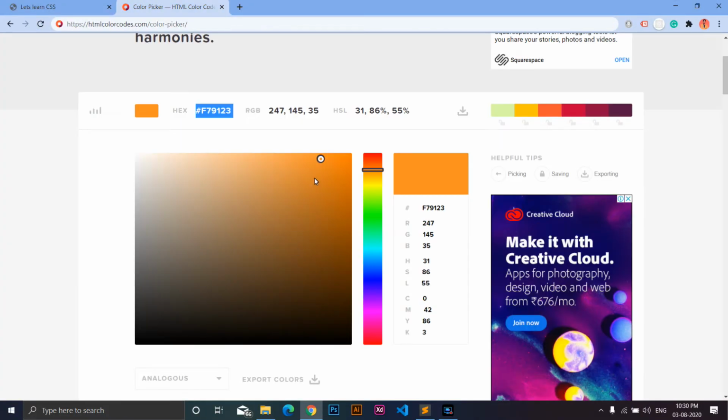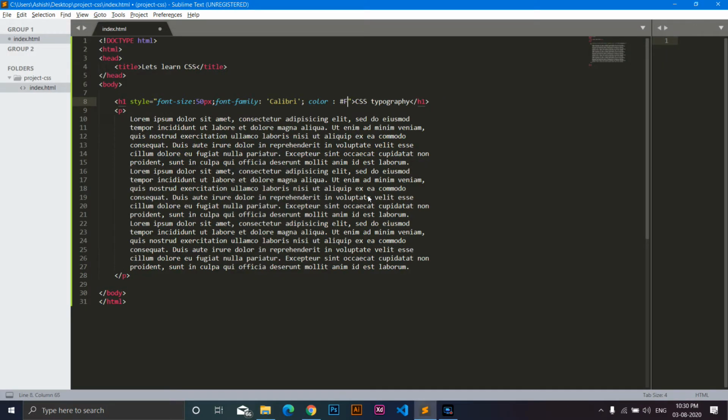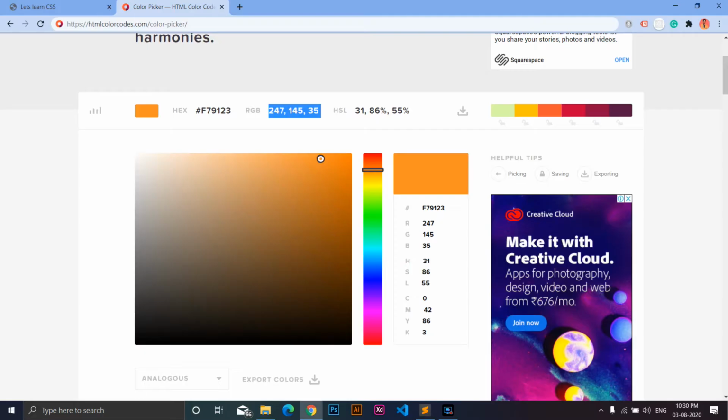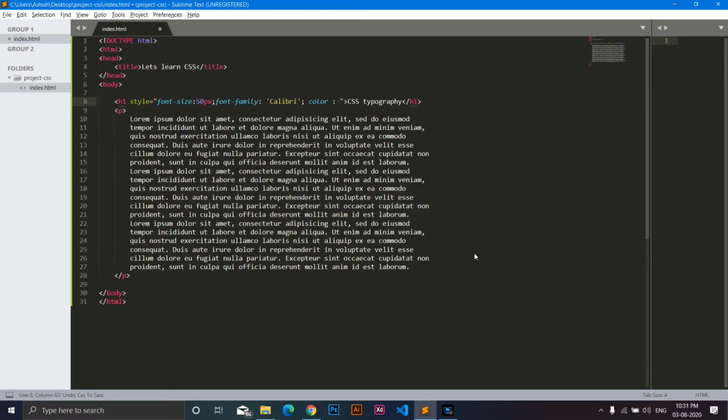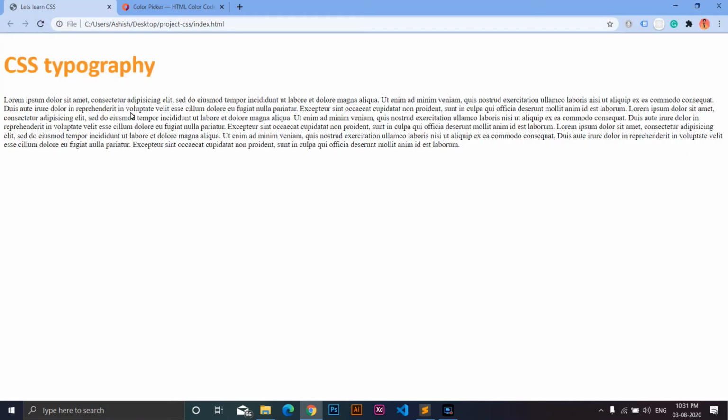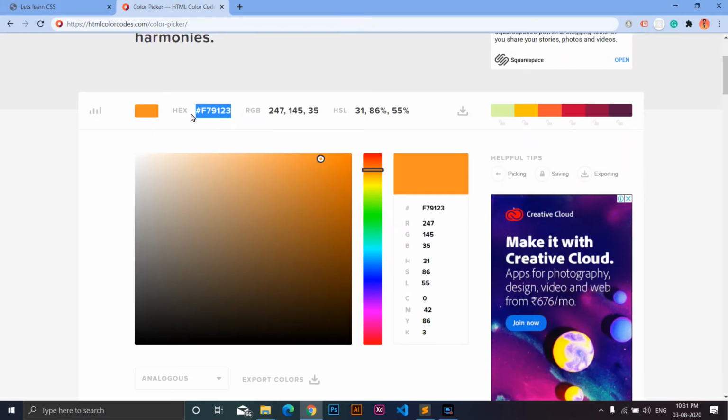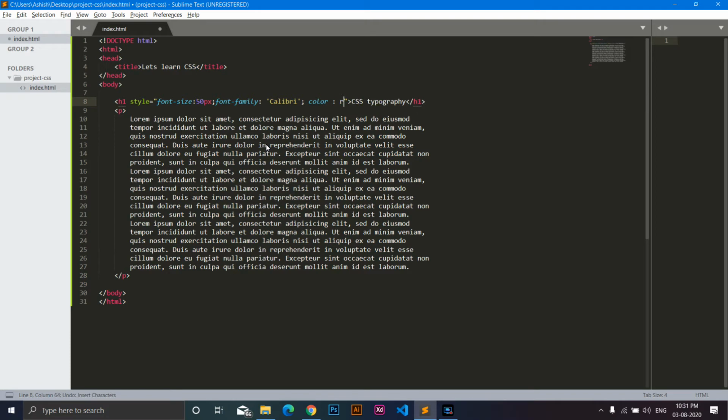And you can even use these RGB values. To do that, just copy these three values: 247 indicating the red, 145 for the green, and this is for blue. If you directly paste it over here, it will not work. You can see it's again going to black. To actually use an RGB value, you should use the rgb function, and inside this function you can pass these values, and it will work just fine. I usually consider using the hex code; I mean, it's just easier to use. Okay,